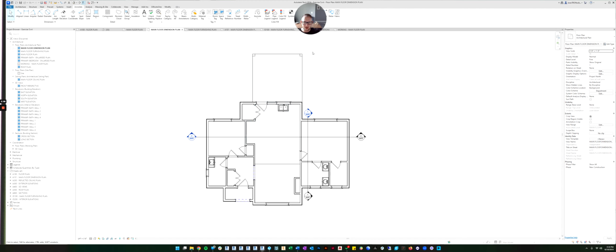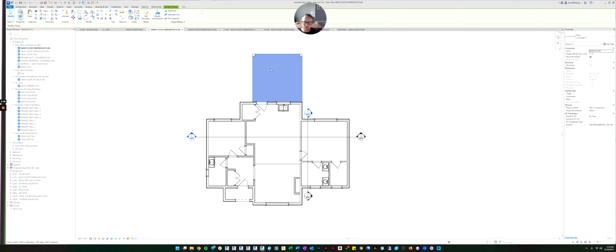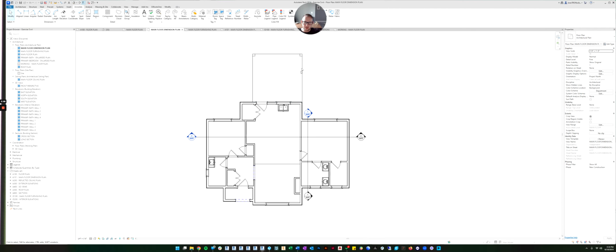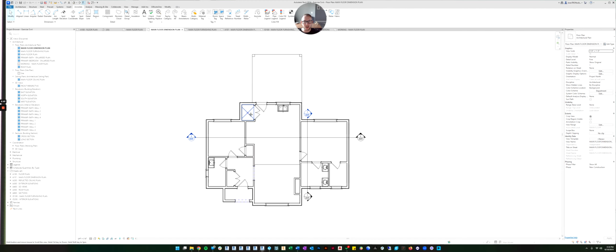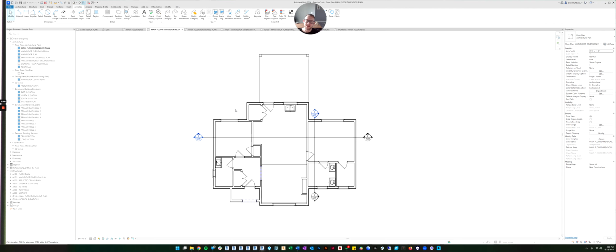You no longer see the reference lines. You don't see the floor patterns. The room separation lines are hidden. So now it's got us back to a good starting point. So that's a nice way to use the view templates to help copy over view settings, right? And we didn't permanently apply the template to these views because we did the apply command.